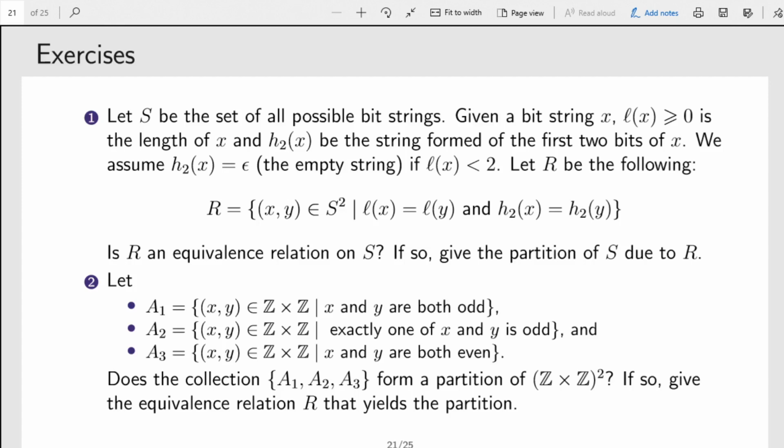The first one talks about a set of bit strings with the given relation, and you check if the relation is an equivalence, and if so, give the partition of the domain, the set of all possible bit strings, due to R. And then in number 2, you start with a partition, and you verify that these three sets A1, A2, and A3 are a partition of Z times Z. If so, give the equivalence relation that yields the partition. So we will discuss the answer to this in the next